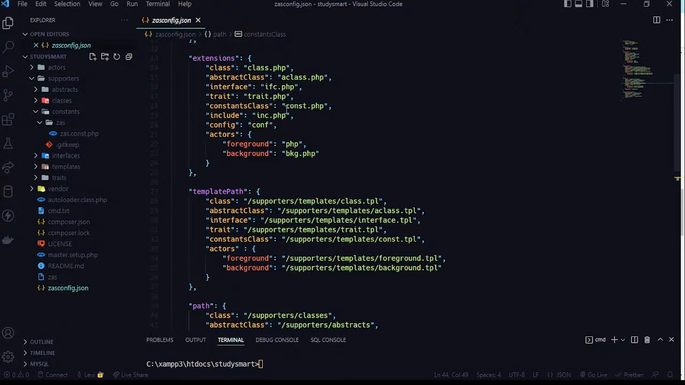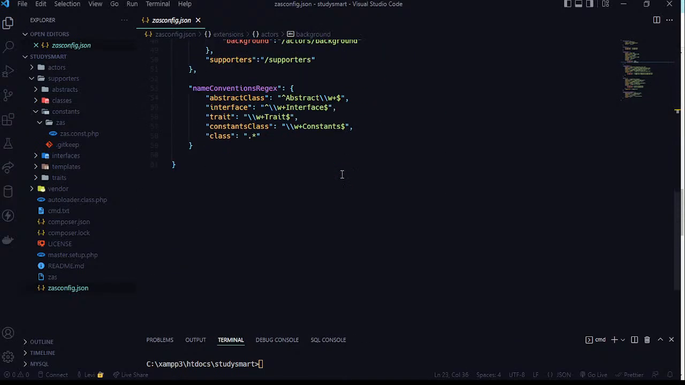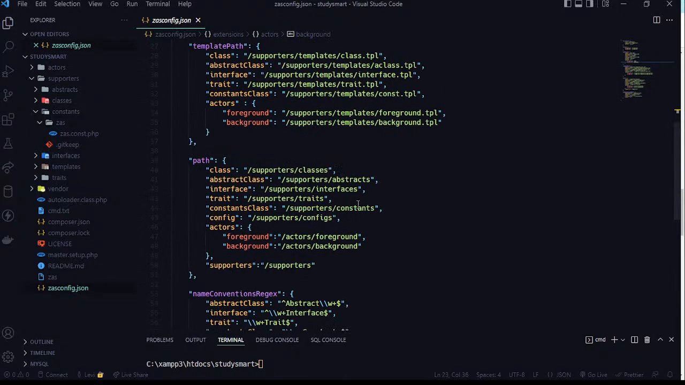You can see here, ZAS. This is the constants class, zas.const.php. Now, if we walk through this ZAS configuration file, I think it's the backbone of the whole ZAS itself, and it's open source, so you can add your own functionality to the ZAS command line tool if you want,